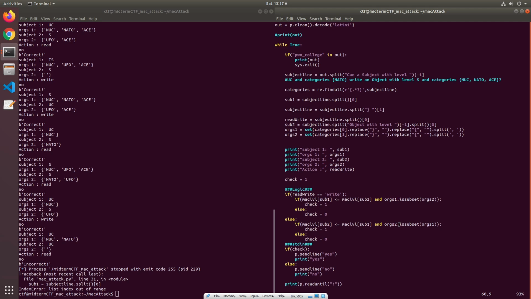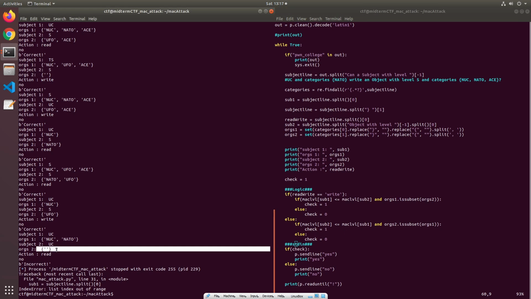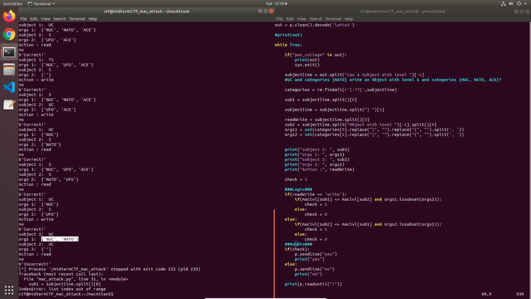So here we're checking if orgs2 is a subset of Nuck and NATO. And then set calculator. We know. I'm wondering if it's